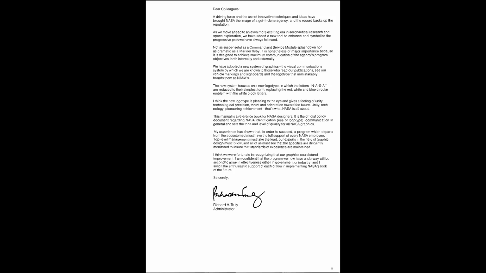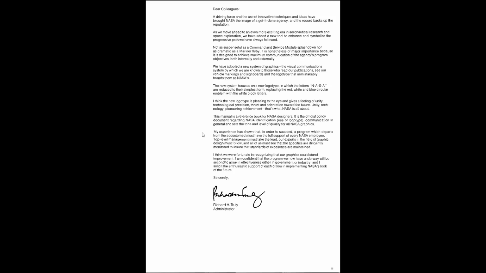These are the sorts of things that you can then aspire to when you're doing graphic design. This is really good words. Unity, technology, pioneering, achievement. That's what NASA is all about. There we go. Beautiful, beautiful words. What a great brief. What a great brief for a logo. This manual is a reference book for NASA designers. It is an official policy document, blah, blah, blah. So I think that